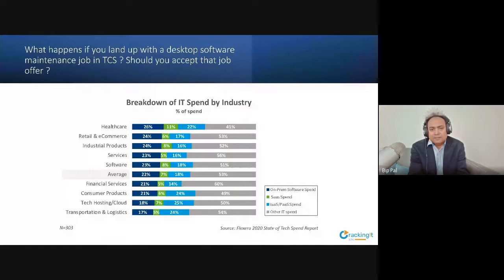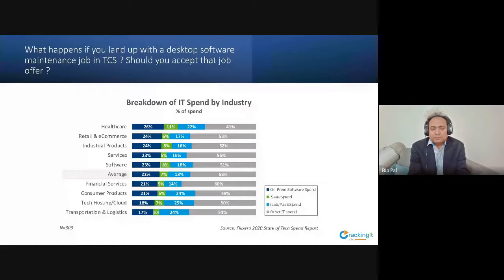Chances are that if you're joining Infosys, TCS, Cognizant or IBM, no matter which large IT major, one in four will probably land in this area. What is that? These are called desktop software, or sometimes on-premise software. This used to be our first generation of software that people ran on-premise. It can be Oracle HR, Oracle CRM, an old kind of CRM or other software, or even a kind of SAP.